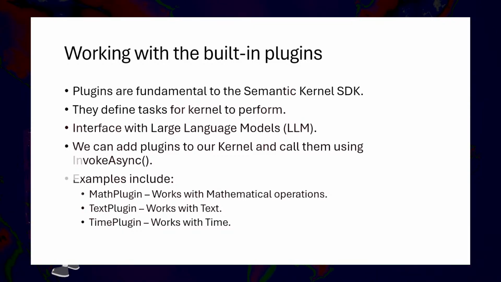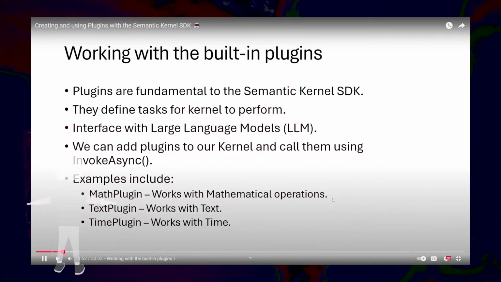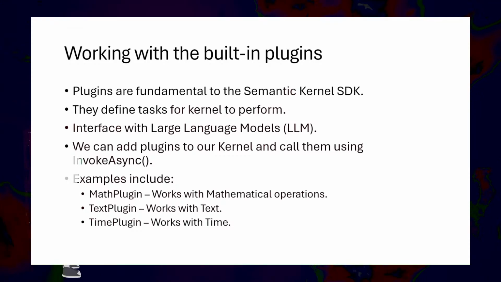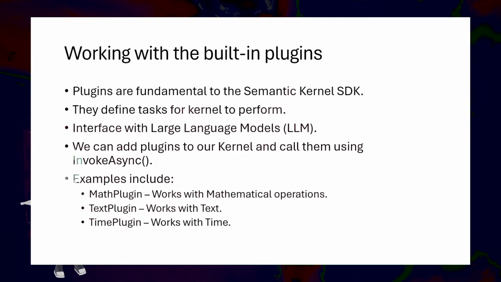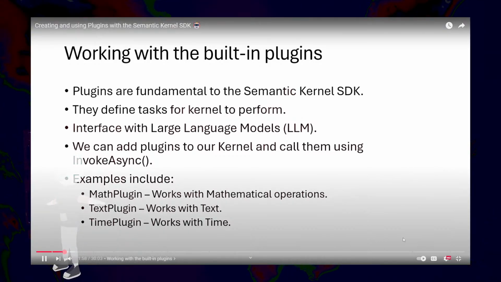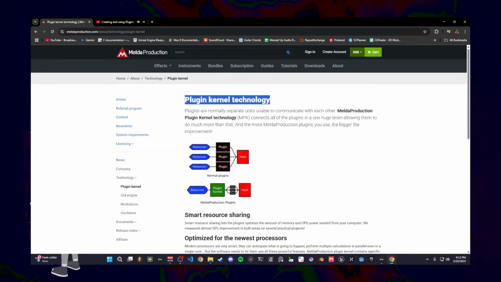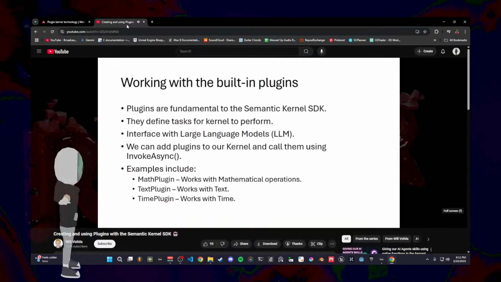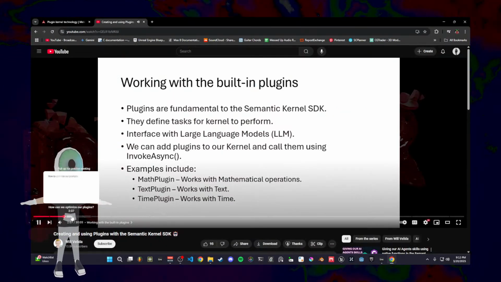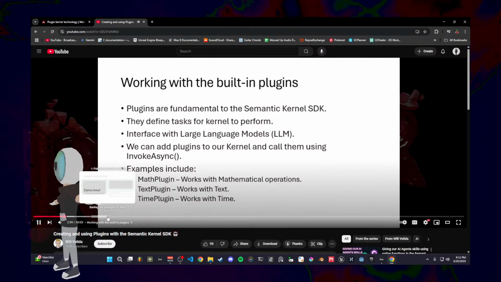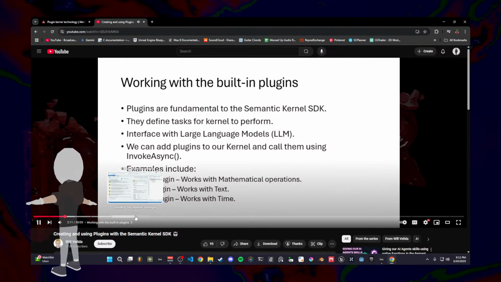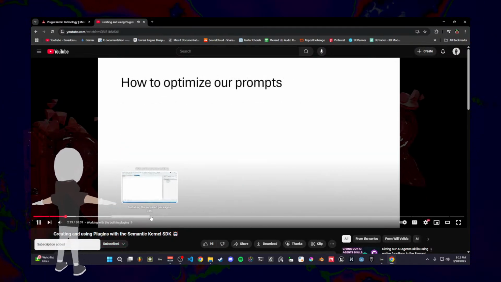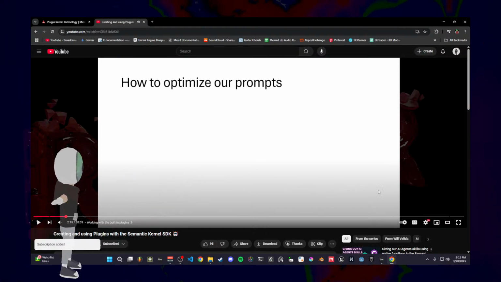The kernel will then run the plugin that interfaces with the large language model and return the result. Some examples of available built-in plugins include a math plugin, a plugin to perform mathematical operations, text plugin, a plugin to perform text manipulation, and time plugin, a plugin to get time and date information. The Semantic Kernel SDK also supports